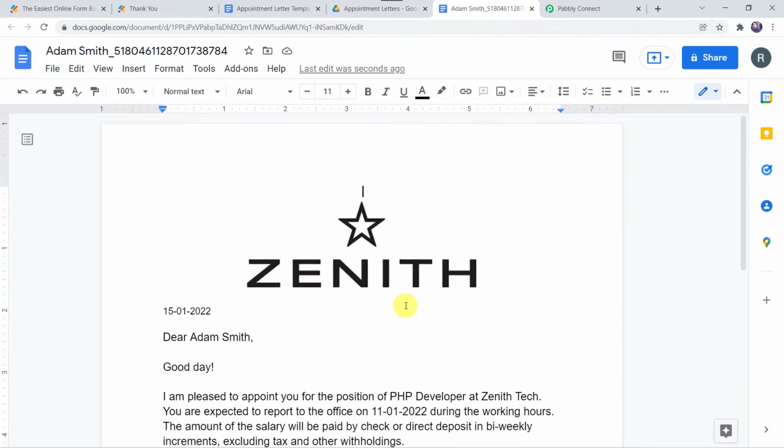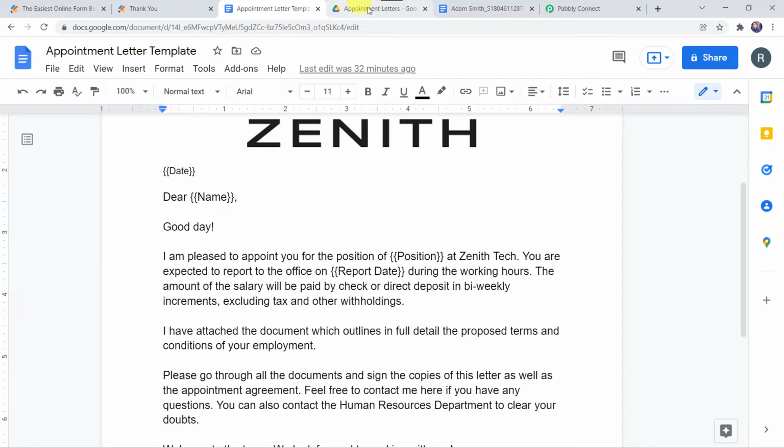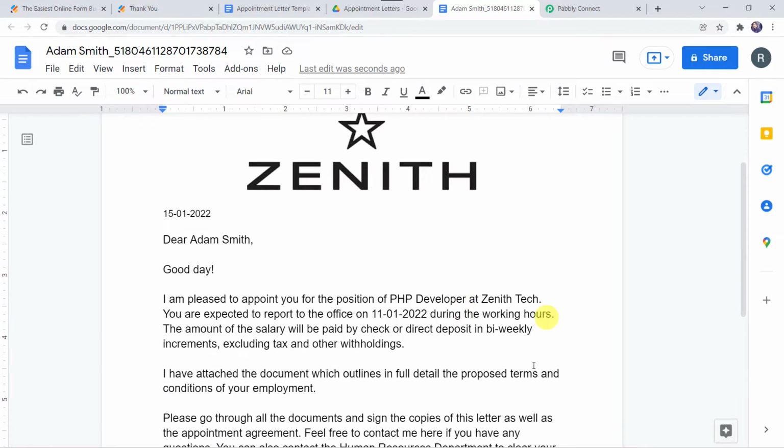Okay. So here you might be wondering that I just filled the form details over here, and automatically using all those details and the template, a new document is generated into the Google Drive. So how did I manage to do this? Let me tell you, this has become possible just because of the automation and the integration process.